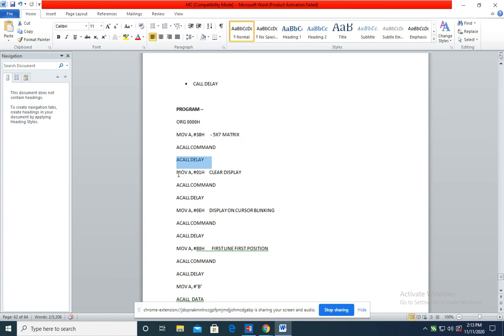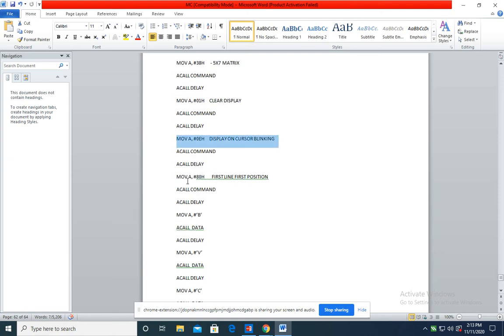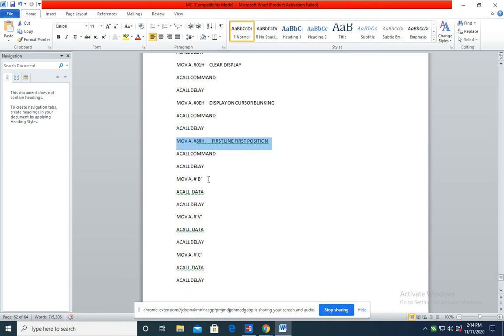So the next command is 01h, clear display. The next command is 0eh for display on cursor blinking, and this is the positioning of the LCD cursor on the first line, first position. After ending all commands we will write our data.